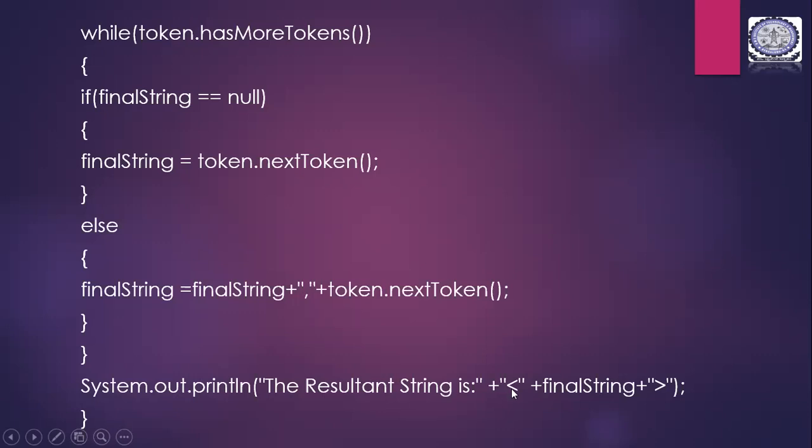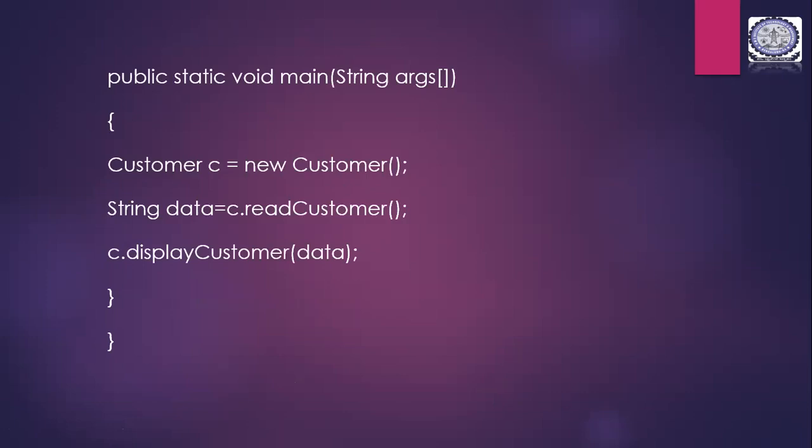So you are going to give the character here. It has to open the braces. Okay, and again you're going to add the next string, the finalString here. So this is the finalString value that you have taken right from the object token. That particular value will be displayed here, and it will be ended with this character. Okay, so only when you run this program you're going to understand how it is going to give you the output. So here, this is the main method that you have called.